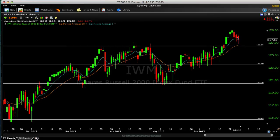You can see some of these bottoming tails here over Thursday and Friday, so it looks like some buyers are potentially stepping in here, getting a little interested as we come back down and retest the breakout. I think that looks constructive, but we need to see if we can actually stabilize here and get a green day come Monday or Tuesday of this week